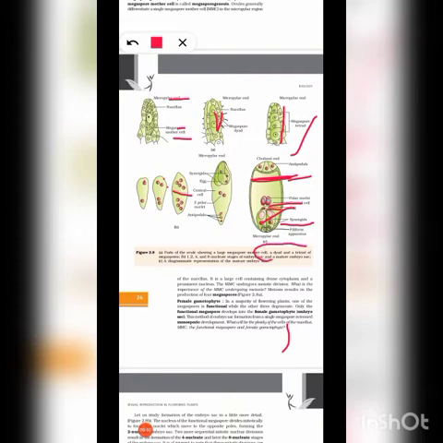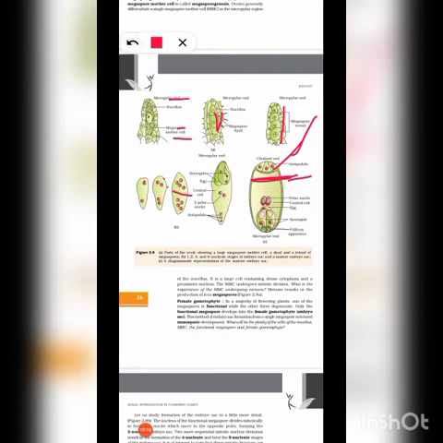Okay, so the synergids and the egg cell together are known as the egg apparatus. So this much is the egg apparatus. And so 3 plus 3, 6 is over. How many nuclei are formed? 8. And now you can see that 2 nuclei will remain in the center. One came from this pole and the other will come from the other pole. So this is known as the polar nuclei.